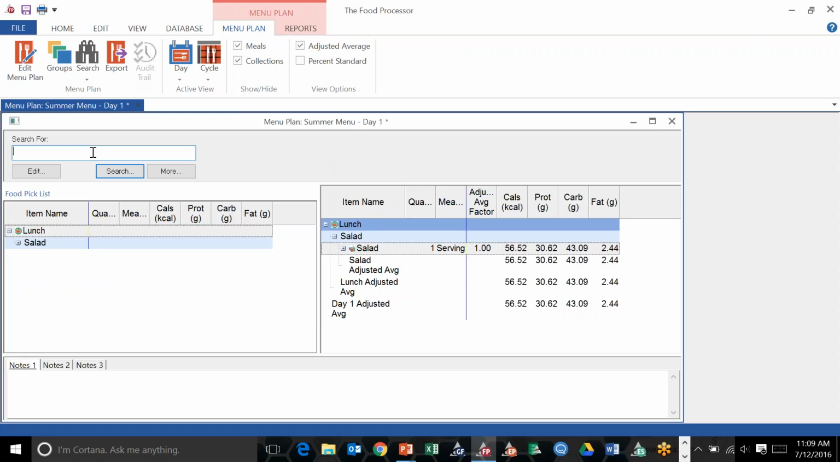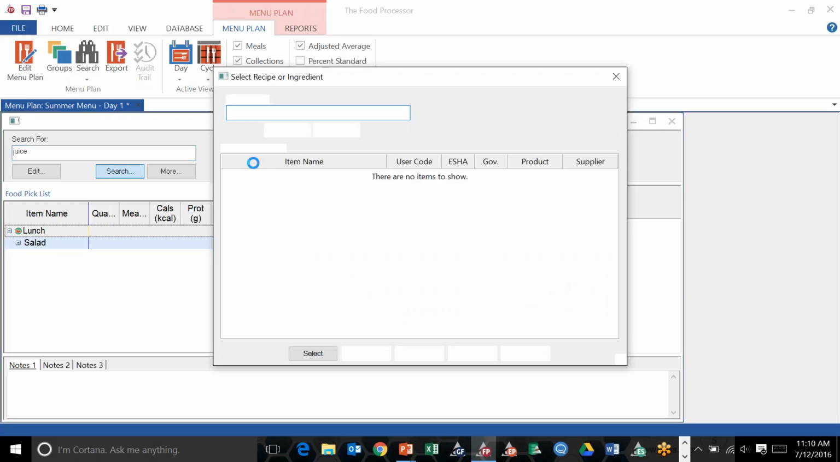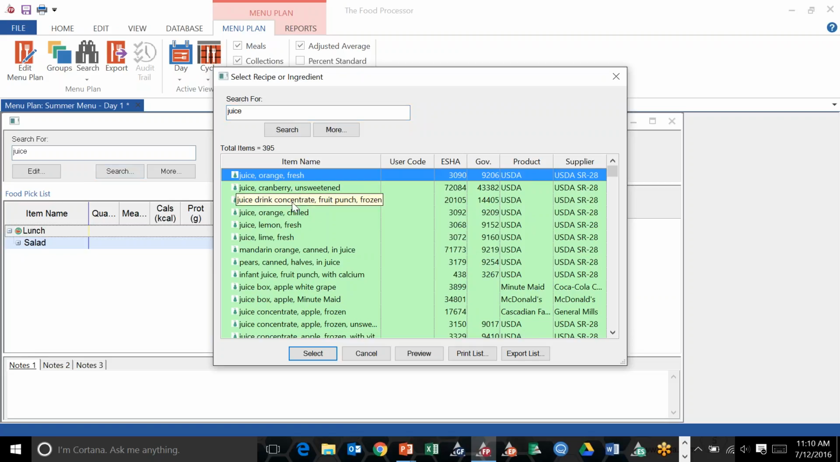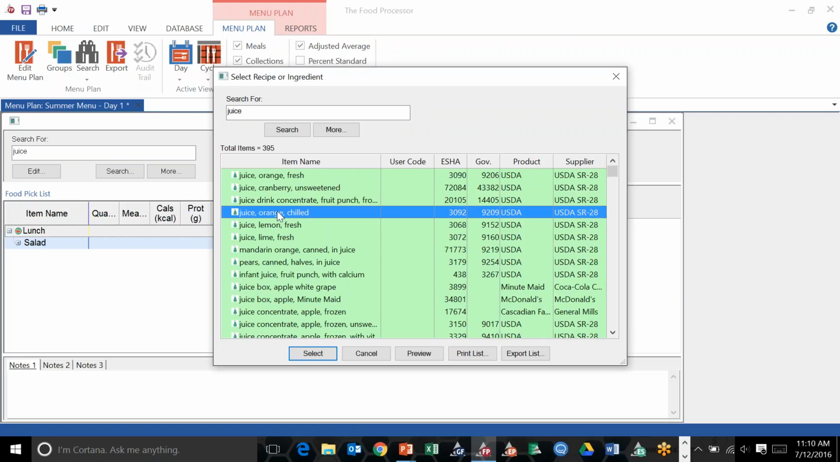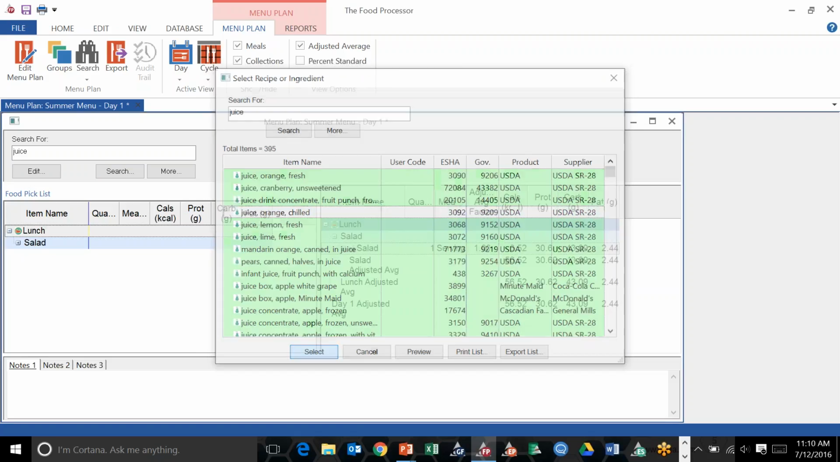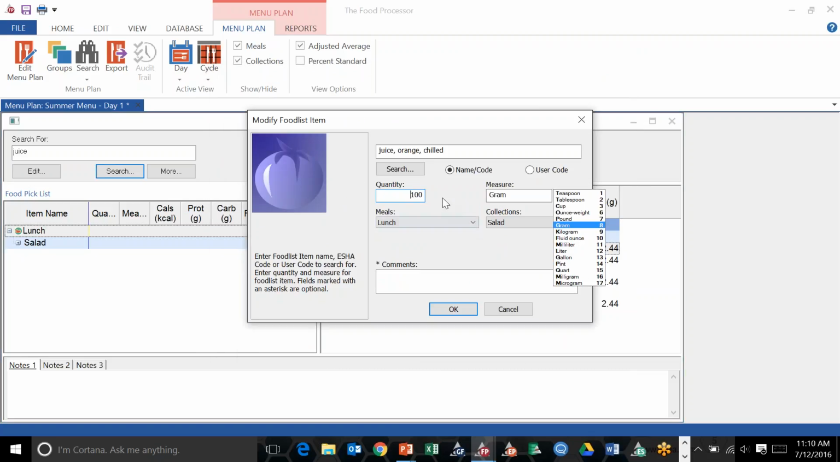To add another item, perhaps a beverage, I think I will search the database for juice and search. Now I have a number of juices to choose from. I will choose this juice orange chilled and select. And from here, again, you'll include a quantity and measure. I'm going to go ahead and change this to 1 cup